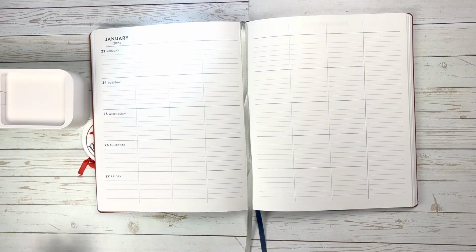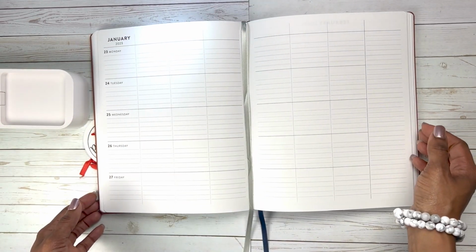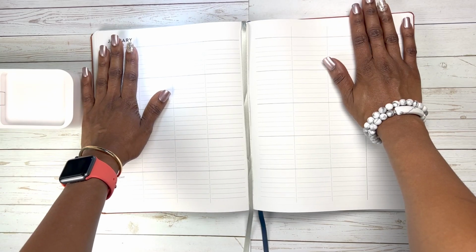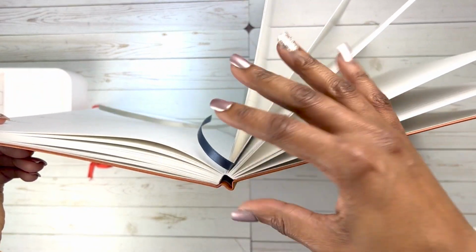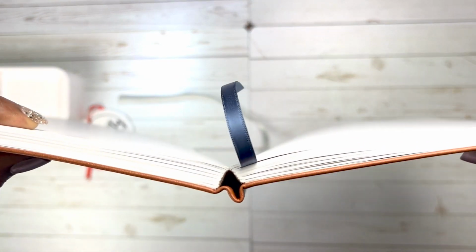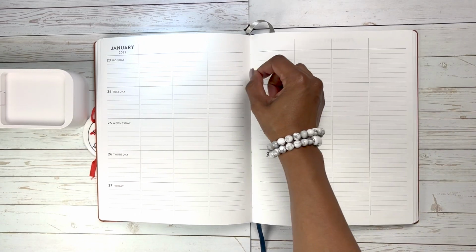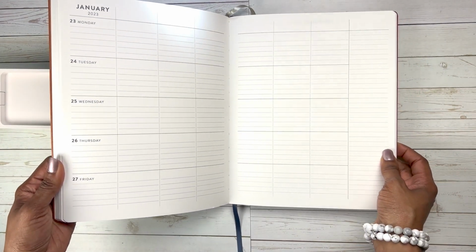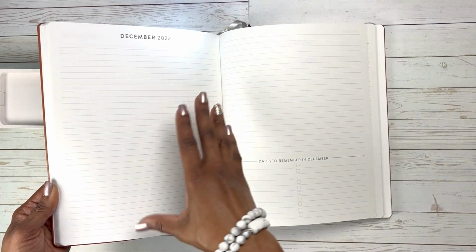And as you can see, it lays flat. There's no buckling over. You don't have to try to put a paperweight down to keep it there so you can write. It just stays that way. It's the way that the spine is made that allows it to lay flat. And you can just write left-handed or right-handed. And because the inside layout, the interior, is the same,